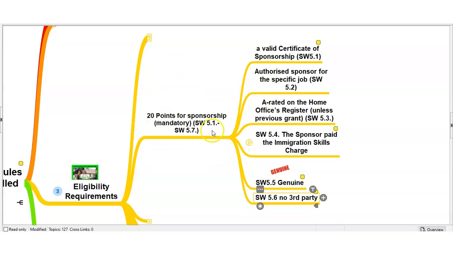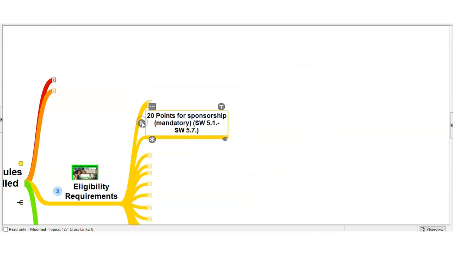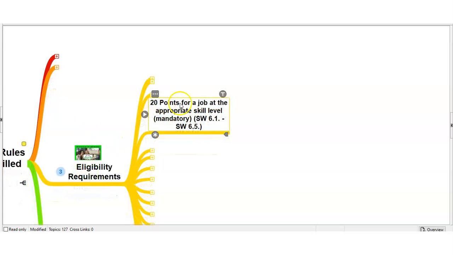Guys, these are very important provisions, because irrespective of whether or not you will be able to score the other points, if your sponsor is unable to prove to the Home Office that they meet the sponsorship requirements, unfortunately the application will be refused, and that is why they are called mandatory. So this is where you have no choice, but in this particular instance, the employer will need to comply with these requirements. And then we have the next, as you can see, mandatory points for a job at the appropriate